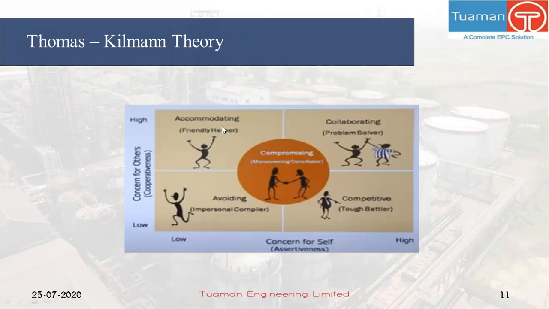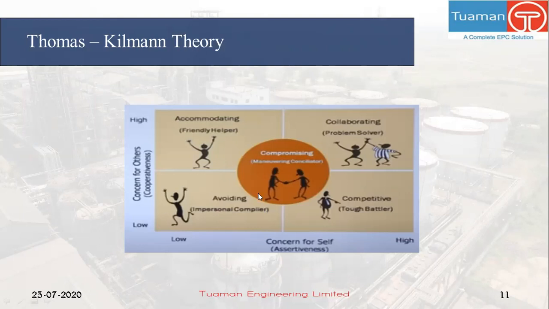It means you don't feel yourself putting first, but at the same time you have a high regard for other people, so you try to let go of yourself so that somebody else can have a win-win situation. And next we can see avoiding. Here the people are very low on assertiveness as well as low on cooperativeness. This type of people run away from conflict whenever they are placed into a situation where there is a lot of disagreement and difference of opinion. They just leave the situation and run for their life.